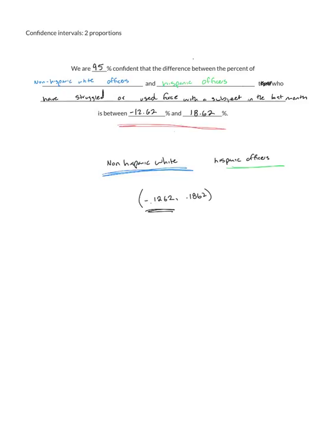Now, while it's good to be able to state this, the really important thing that I want everyone to realize is that this interval is basically garbage. The fact that I go from a negative number to a positive number means I'm not sure if white officers are more likely to struggle or use force with the subject or if Hispanic officers are. And because I'm not sure which one's higher, really all this tells me is that I'm not sure there is a difference. For all I know, maybe there's not.